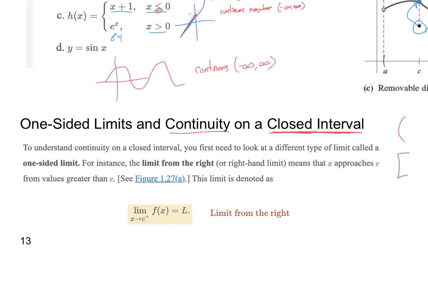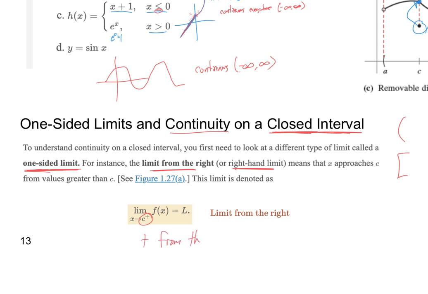And to do that, we have to look at the one-sided limits. Now, we've already talked a little bit about this, and I've used it, and it's pretty intuitive from what we've discussed. And so this is the limit from the right, or right-handed limit. And that's where we have the c plus. Plus means